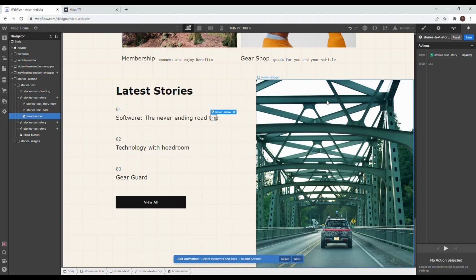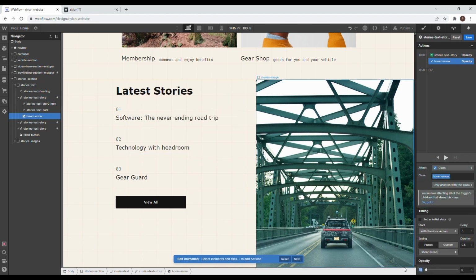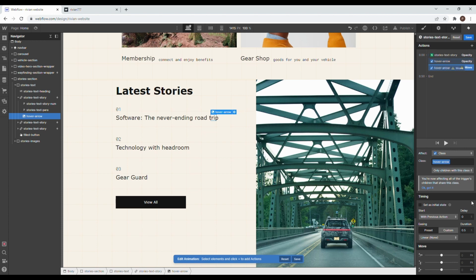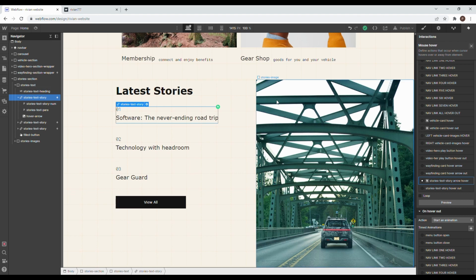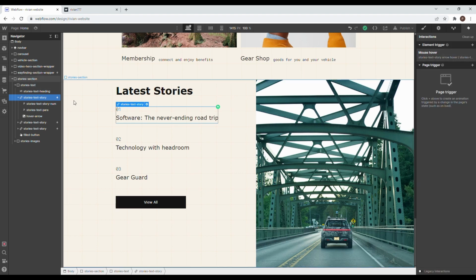Now let's select the hover arrow. This should have an opacity of 0, as well as it should have moved back to its original spot, so 0. And we just have to change this from interaction trigger to class. So if we hit save now and apply that to all of them,